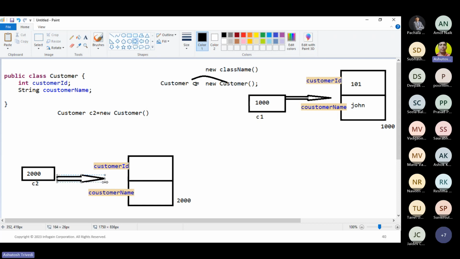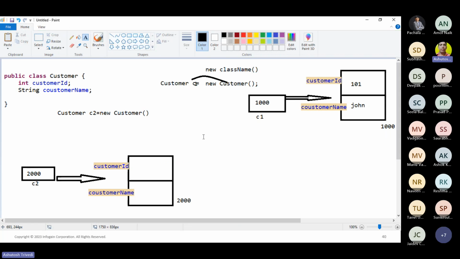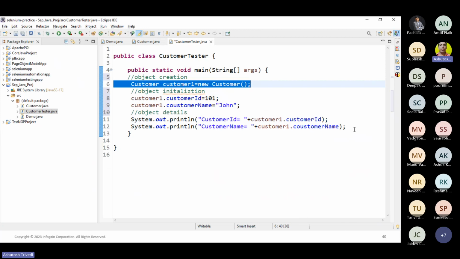Let's say C2 is pointing to that memory. What about the customer ID, guys? We have created the instance, but we have not initialized this instance. So I have created one more instance. So let me